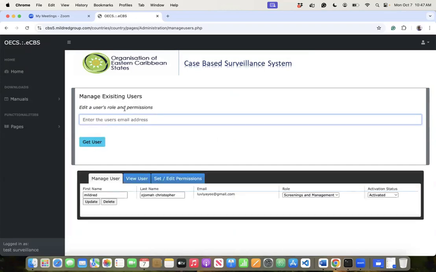Okay, so once you manage a user, you need the email address of the person whose account has issues. You can see the name. Let's say some people want their name capitalized. By default, the system makes everything lowercase. I want it capitalized. I can capitalize the name, and then the role that I assigned is between administration, monitoring and reporting, screenings